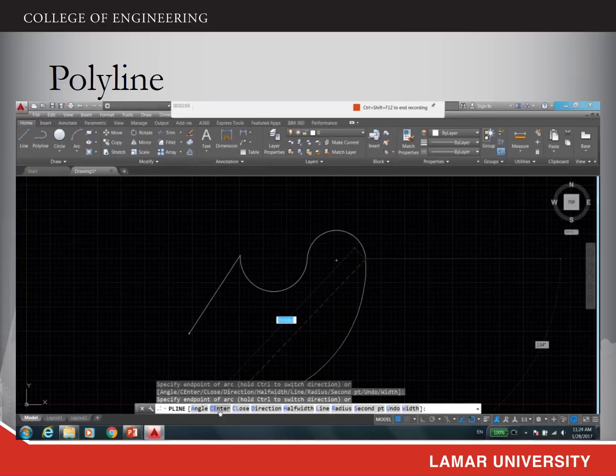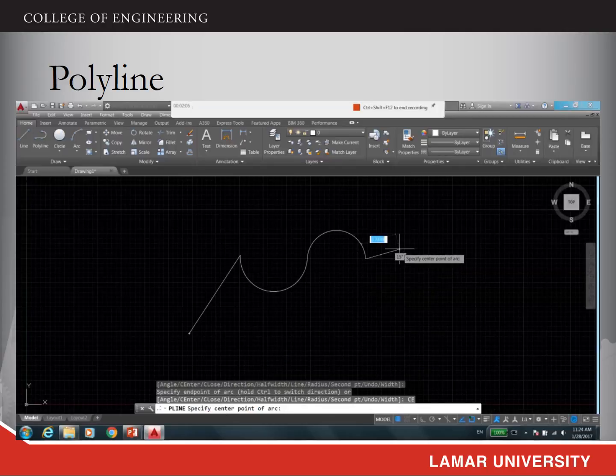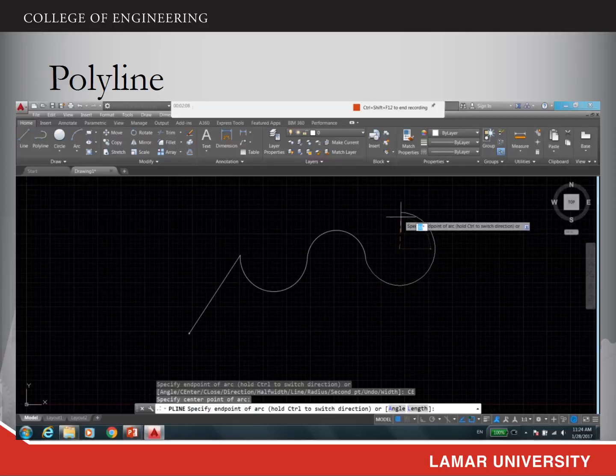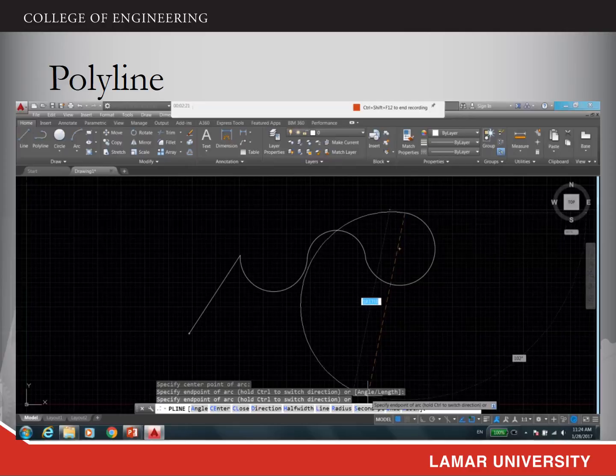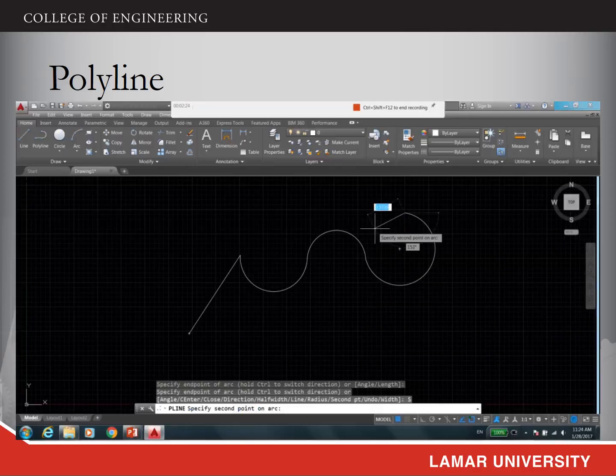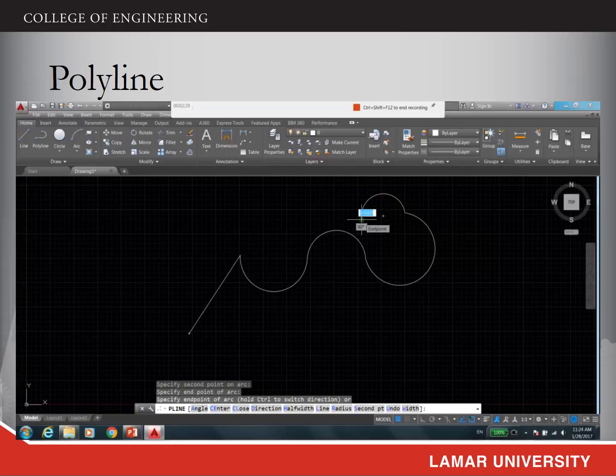You can also specify the center of the arc and then define the endpoint to identify a new arc. And the third method is called the 3 points. You can use the 3 points, including the previous point here, to define the arc. Choose the second point and then the third point for you to complete the arc. And if you don't want to generate the arc anymore, you have to switch it back to line segments and